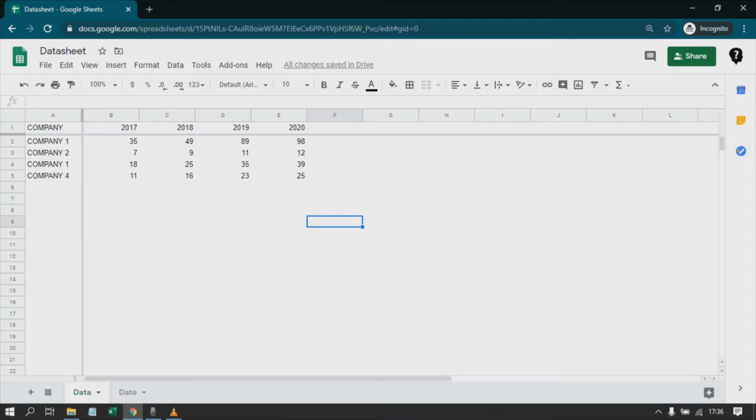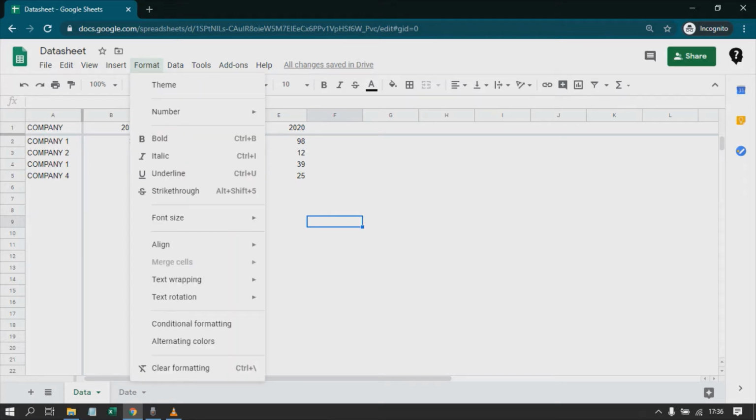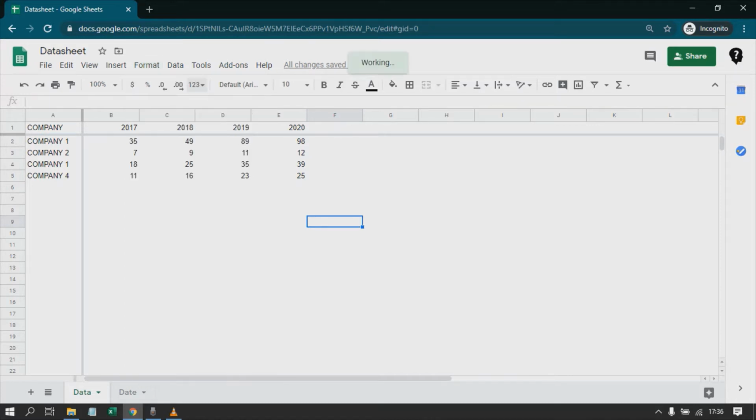Hello everyone, welcome back. So in this chapter we will see the format menu commands under the format tab. Now this is useful from the presentation point of view, making data sense point of view, and this is really handy when you are maintaining some of the analysis which can be reusable after every interval. Okay, so let's start with the theme first.